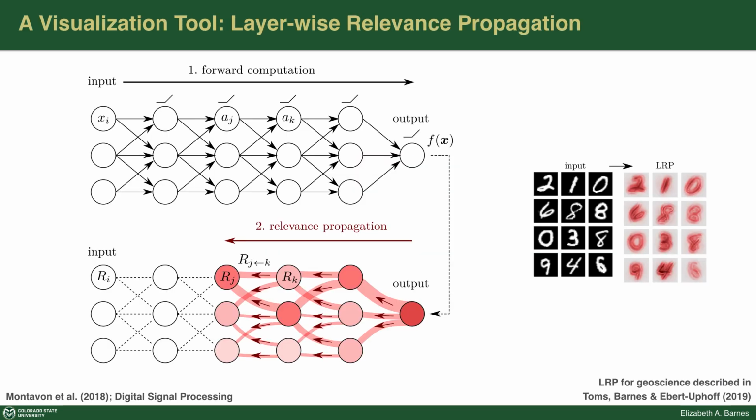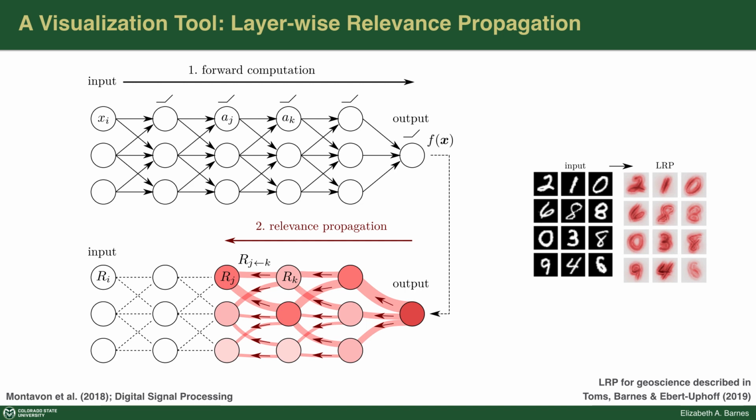The method we're going to use is called layer-wise relevance propagation, and this is one of the many new tools coming out in computer science. And the idea is quite simple. It takes the output of the neural network, denoted as f of x in the top figure, and then it propagates that output or that prediction backwards through the neural network to try and understand what parts of the input led to that particular prediction. An example here is shown on the right, where a neural network was trained to identify handwritten numerals. And in this case, this LRP method, layer-wise relevance propagation method, outputs a heat map showing which parts of the image it used to know what the number was.